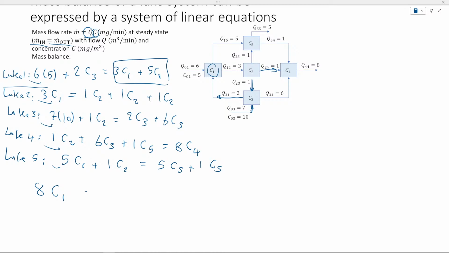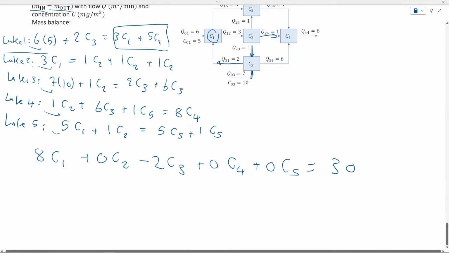plus 0 of C2, negative 2 of C3, plus 0 of C4 plus 0 of C5 is equal to 30, yeah, something like this. And